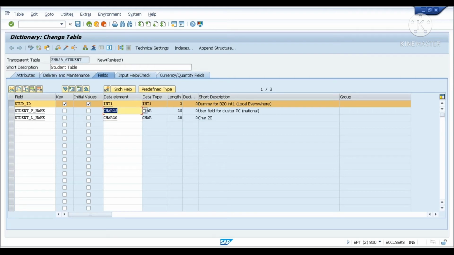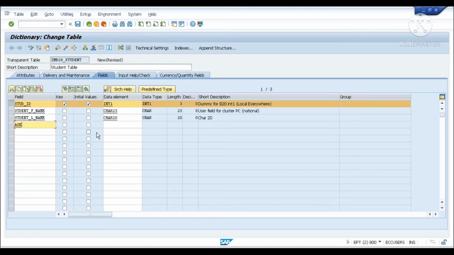These are the data elements which tell about the data type and length. Once you give the data element over here, it will automatically take the data type and length, and whatever description is there, it will also take from there. Now maybe you are interested in storing a student age also.